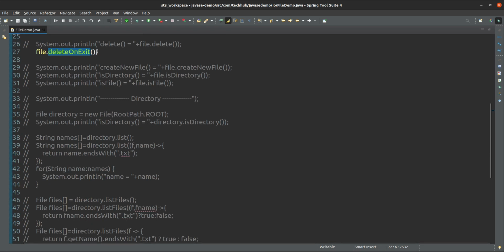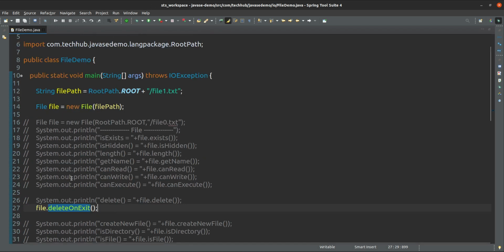It will not be deleted immediately if you use delete on exit. Exit means exit from this method. Whatever method you are calling this in, after exiting from that method, your file will be deleted. It will not be deleted immediately. If you use this delete method, the file will be deleted immediately. Okay, this is the difference between delete and delete on exit.